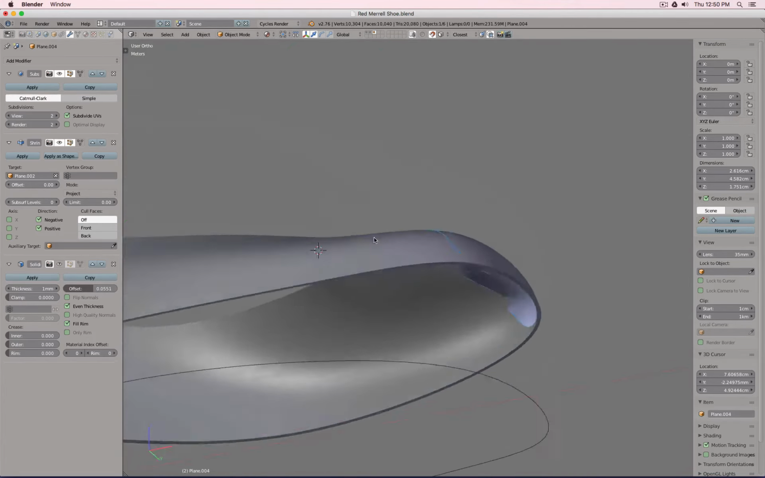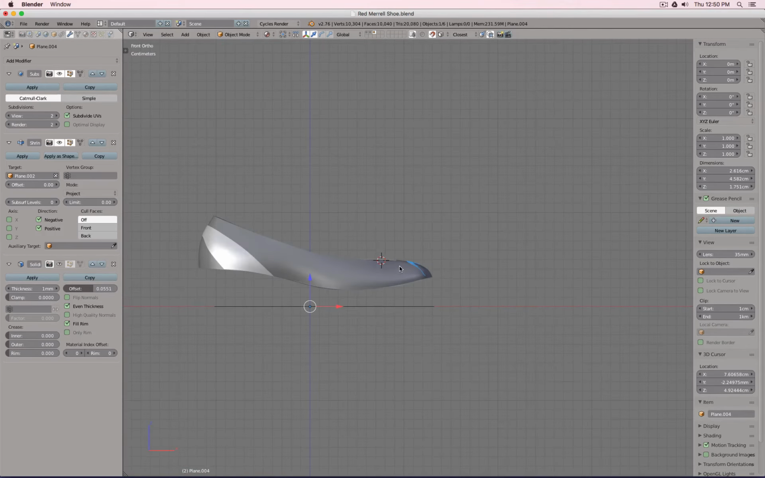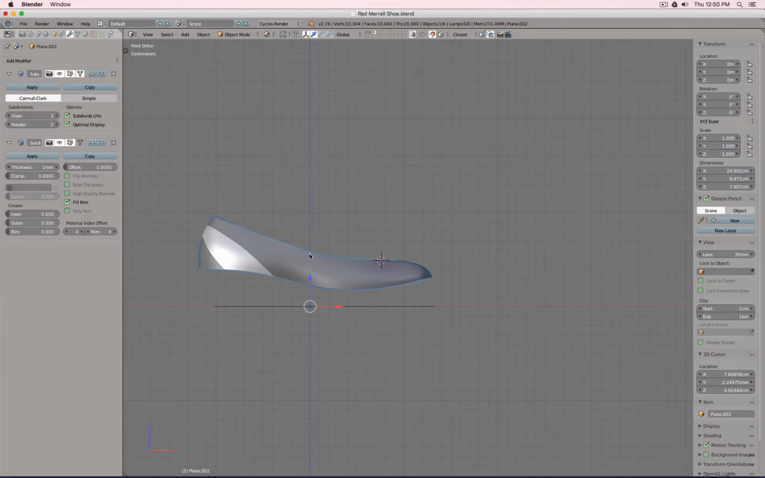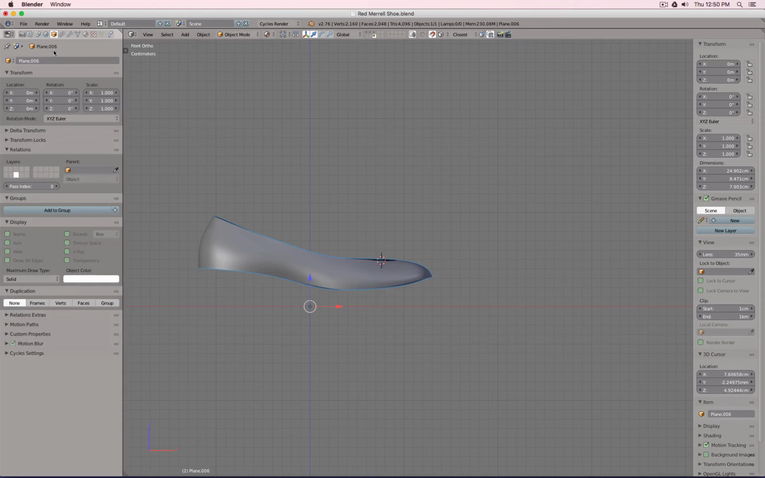See, it snaps actually to each side. So there's a little trick we can do. So this is our render object. Alt D, we make a clone. The clone we put to a different layer. Here we just turn the solidify off. This will be our